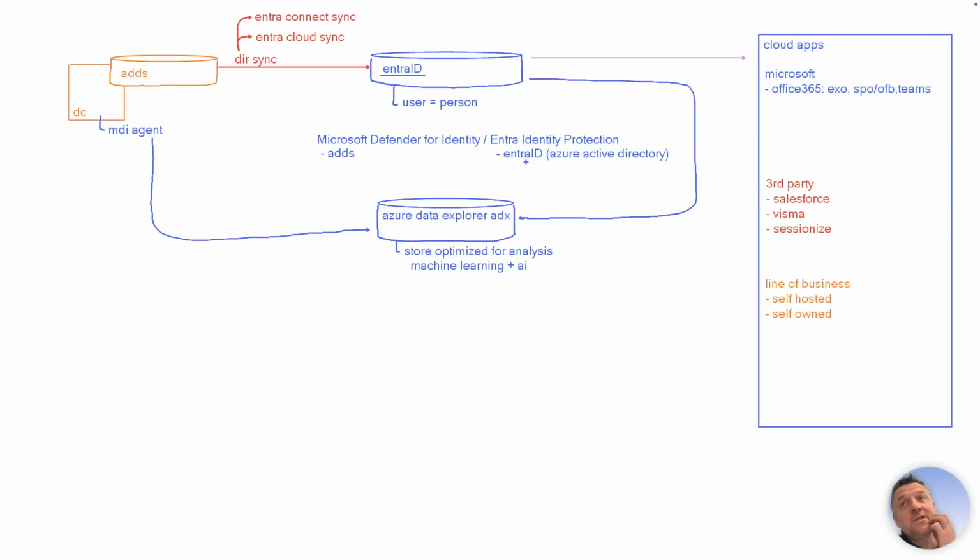So anonymous sign-ins is something we can block. Also, impossible travel activities, we're looking at that too. But also, if a user's identity has been compromised, his username and password are for sale on the dark web, we will also be monitoring that, and we will then also block those accounts. Basically,